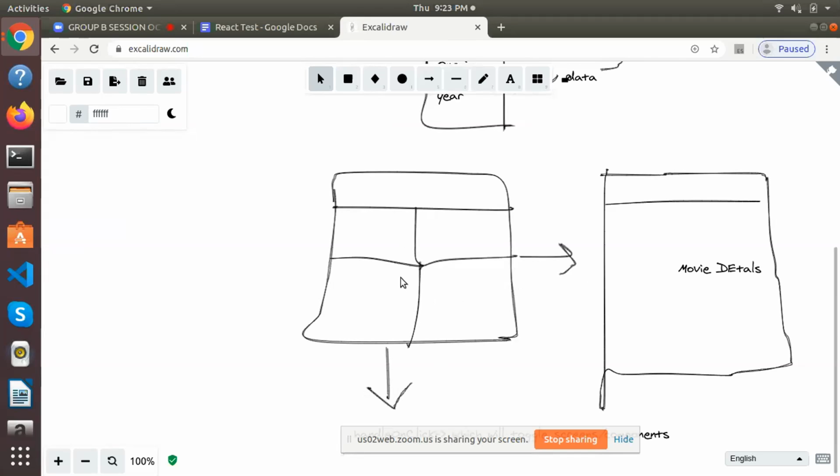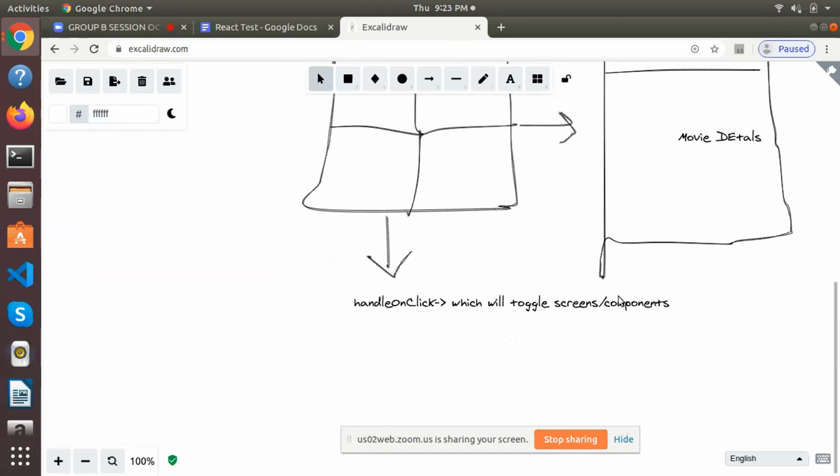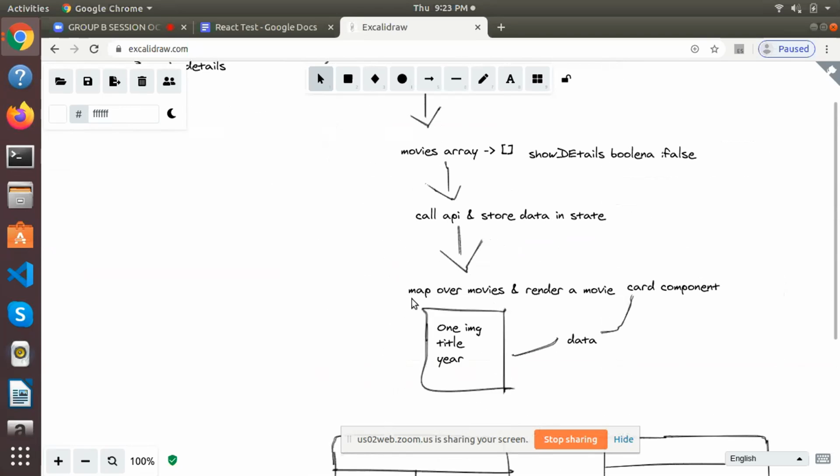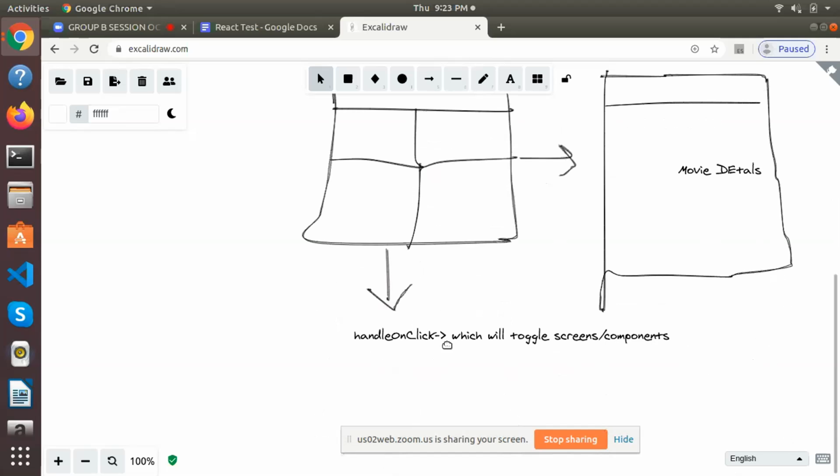While mapping, we can keep track of the index also, as you know that the second parameter that map takes is the index, and the first one is the data, right?